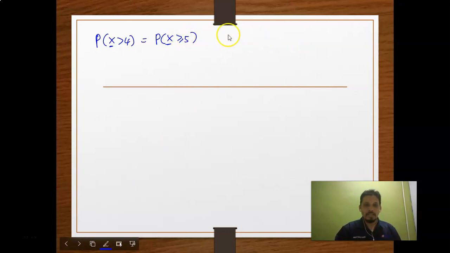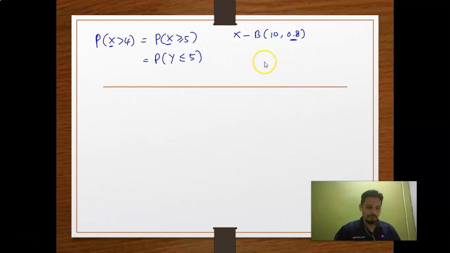Okay. So this X refers to X binomially distributed with 10 and 0.8. Because again it is greater than 0.5, we make this one the probability of Y less than or equal to 5. So this one refers to Y binomially distributed with number of trials 10 and probability of success 0.2. So this is the one that we refer to the statistical table for Y less than or equal to 5. But then this table,